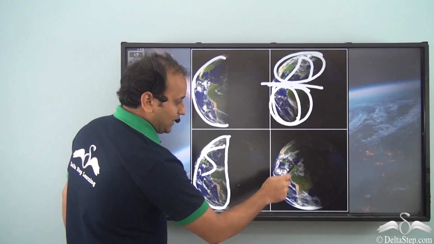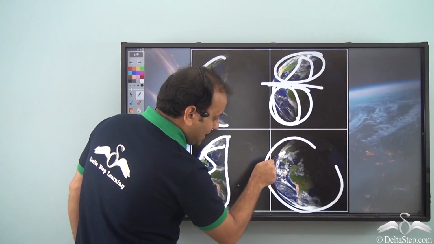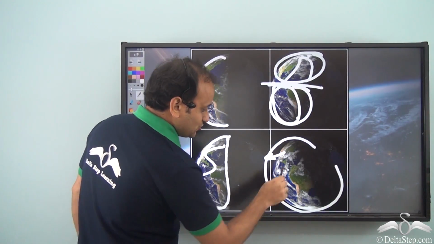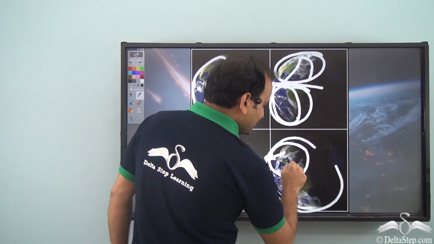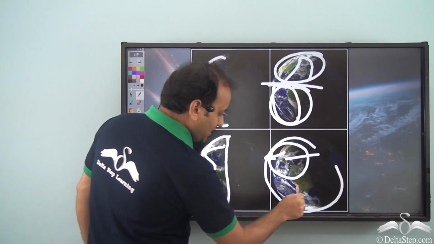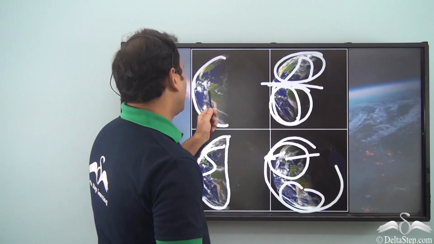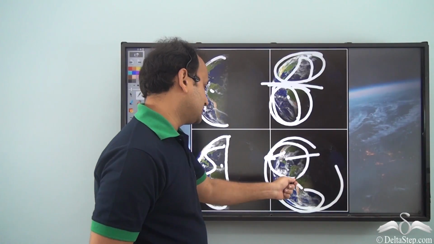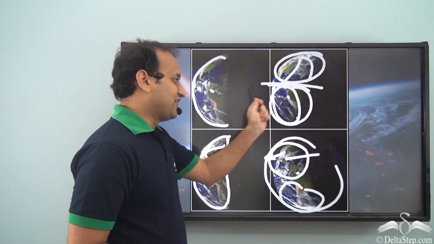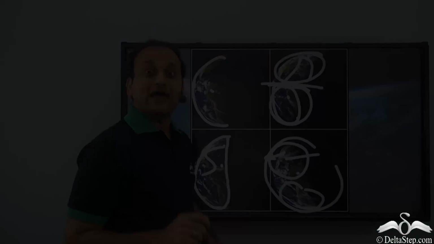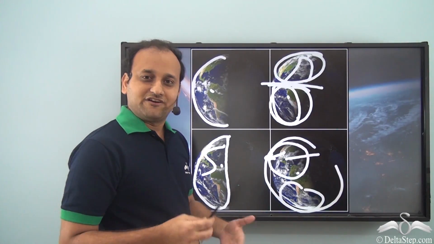Again, when this situation happens, then you see the upper part is tilted towards the sun, so the upper part will get more sunlight and will have summer, while the lower part will have winter. So you see how different positions of Earth, because of its tilt on the axis, result in different seasons on our planet. And that is why we experience different seasons.